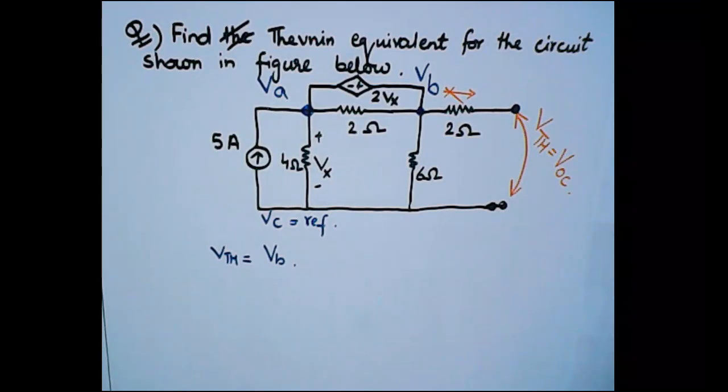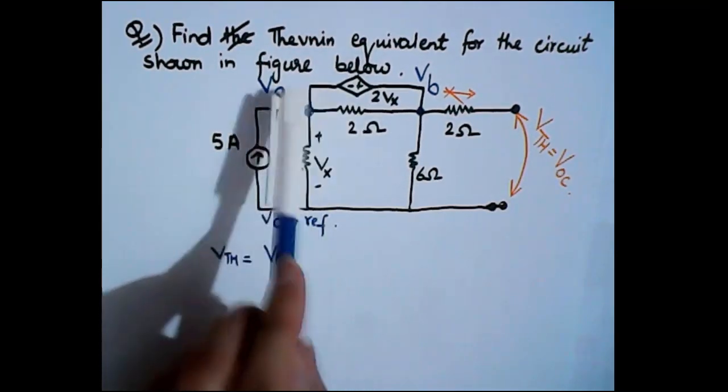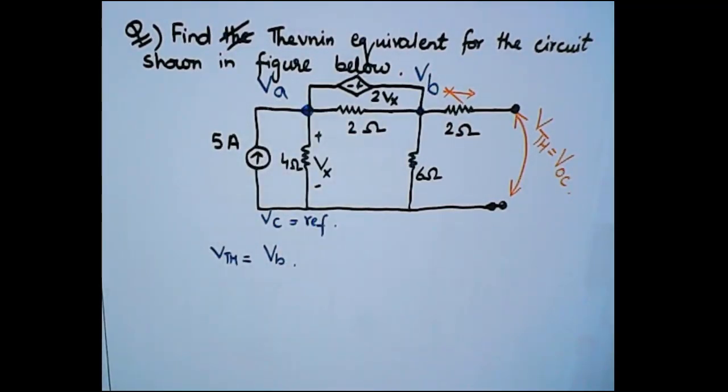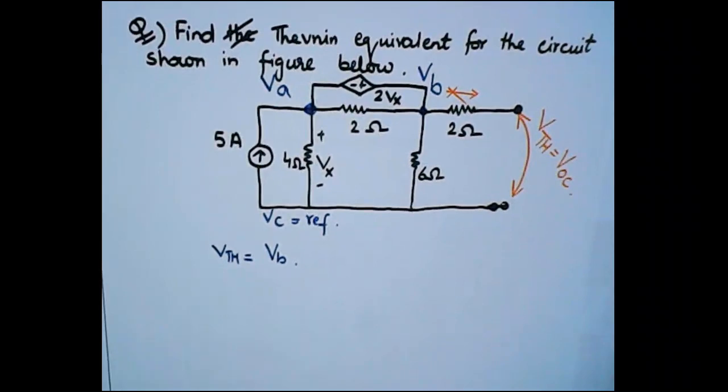Again, in order to find Vb, we can apply different techniques here. We can go for Thevenin, we can go for nodal, we can go for mesh. But since in the previous two questions we have gone for nodal analysis, just to show that different techniques can be applied here, I will go for mesh analysis. Another reason is that there is a voltage source between two non-reference nodes, which means it would become the case of a supernode. And to avoid complexity, I am going with the mesh analysis technique, right?